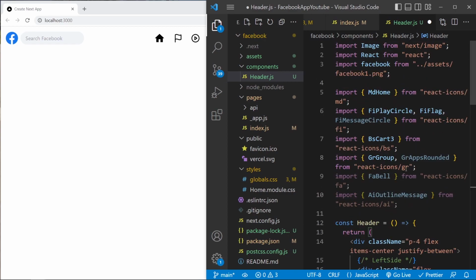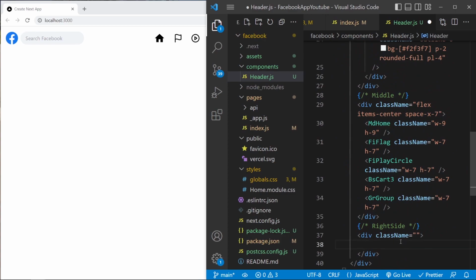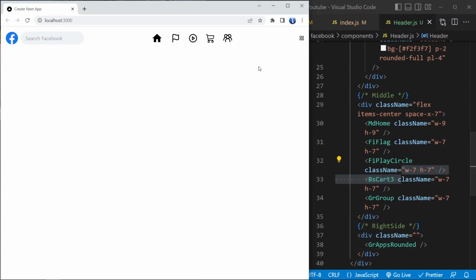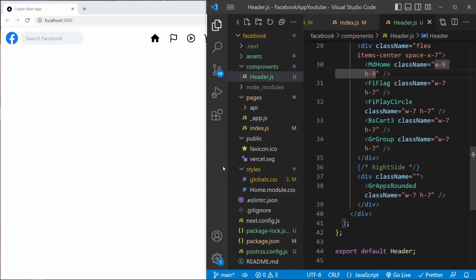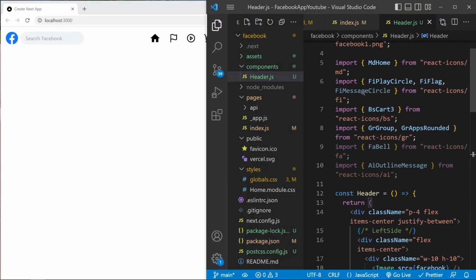So the first one is gonna be the group of apps. Let's create a component and save. As you can see, we have this one, so I'm gonna copy the class name and give it to the group of apps. The next one is gonna be the bell,